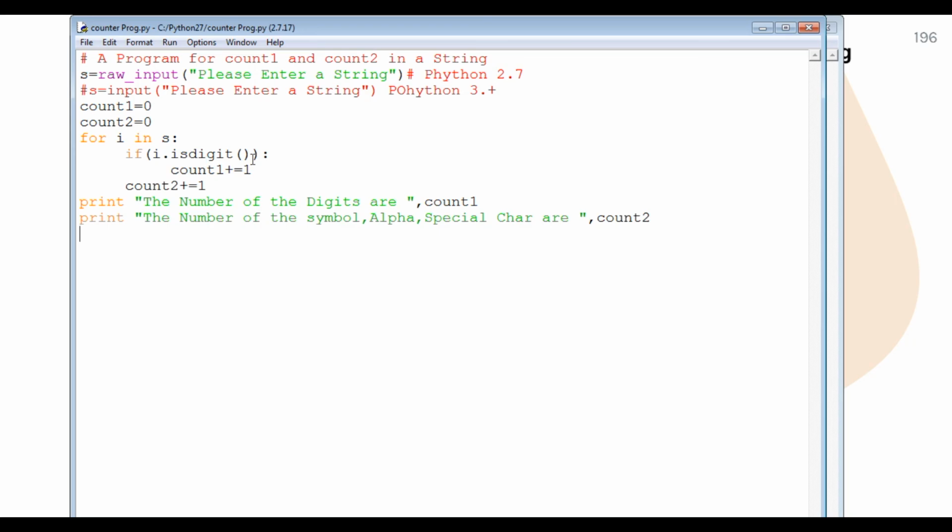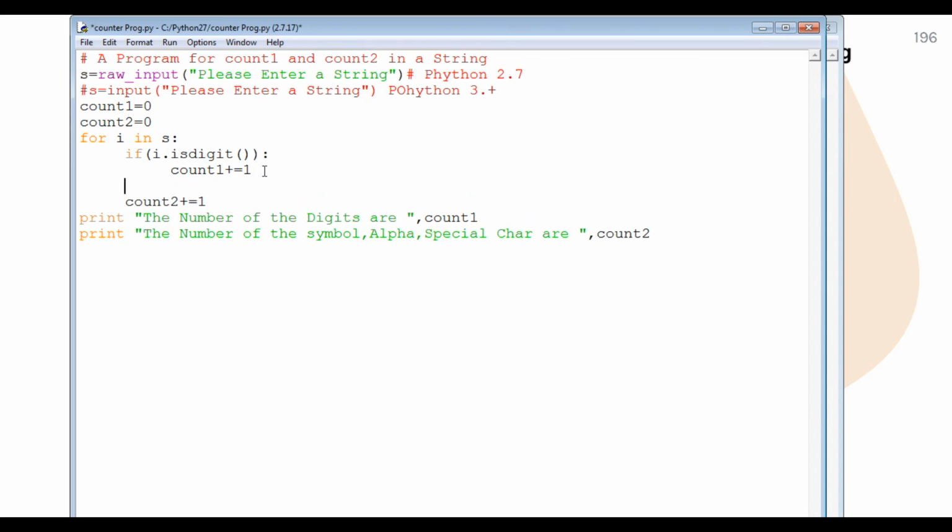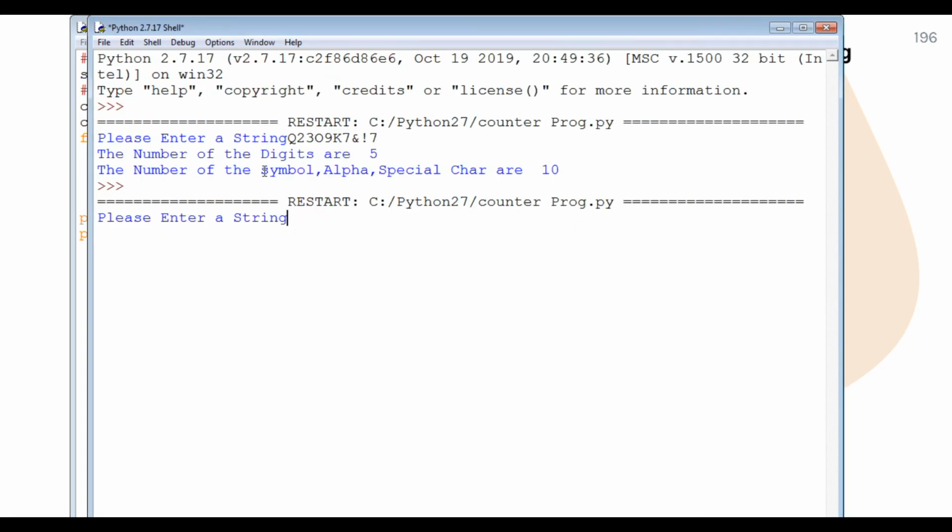Okay, student. So what we are going to do, student, in this case we will provide here the else part. Now the calculation will come correctly. So we are going to run it.